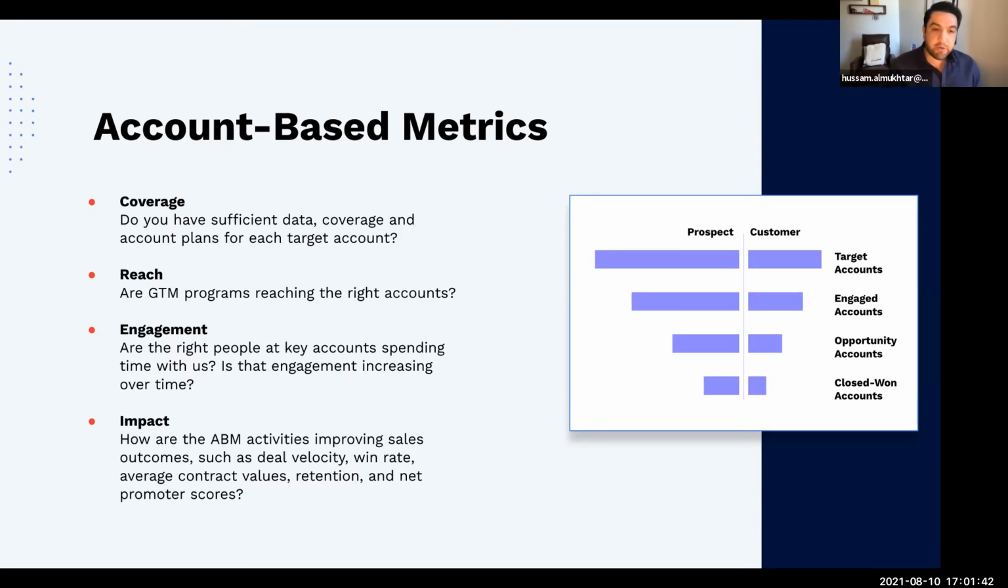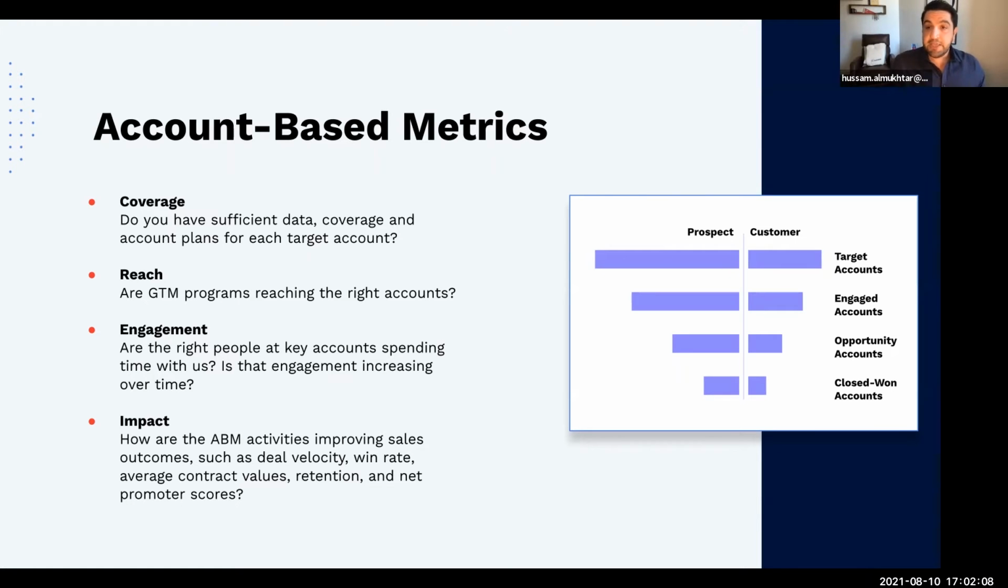And if I am reaching them, is my content relevant to these accounts? Are people within these accounts engaging with my content? Is it resonating with them? And more importantly, is that content impactful for me to grow these deals, to improve my velocity and win rates? When we start looking at our metrics from this perspective, we start forming a little bit of an